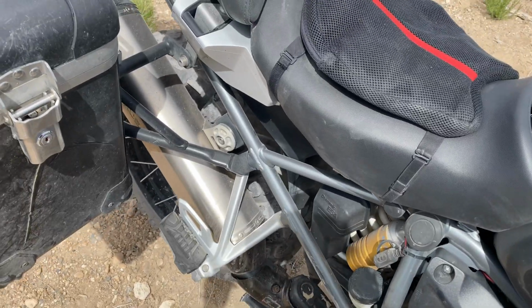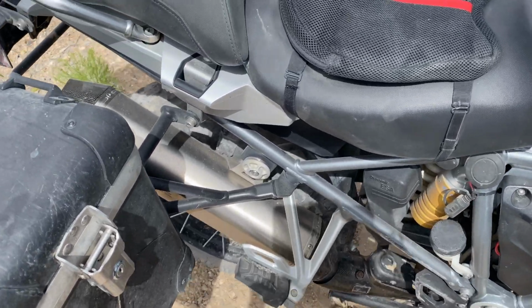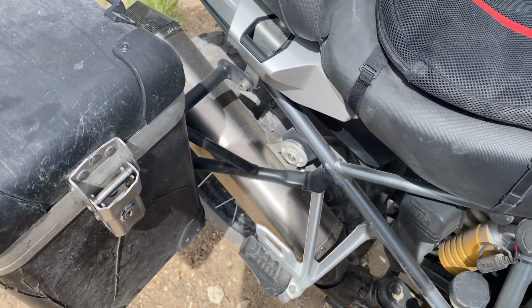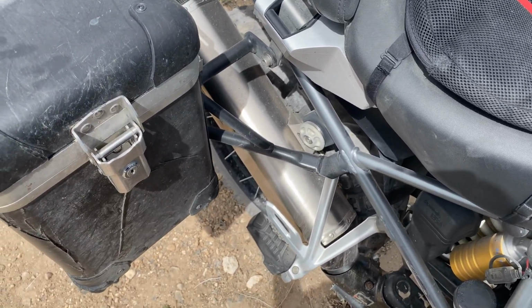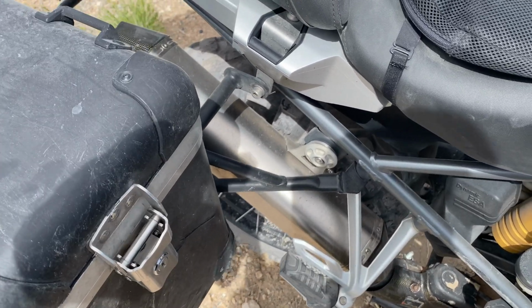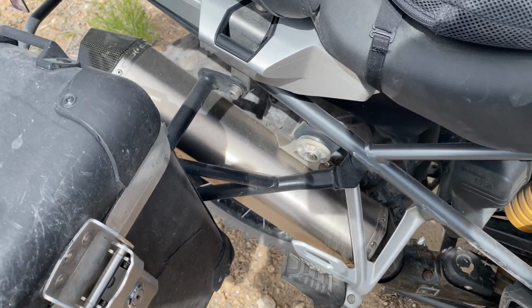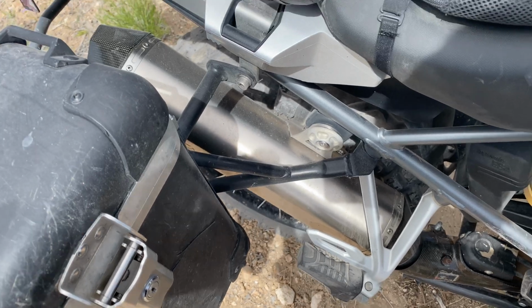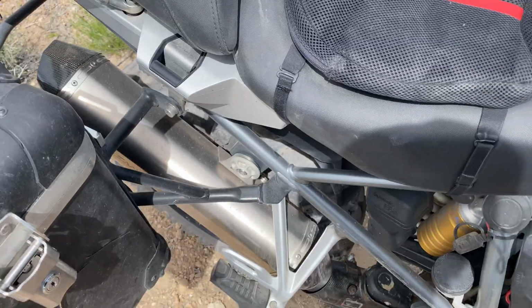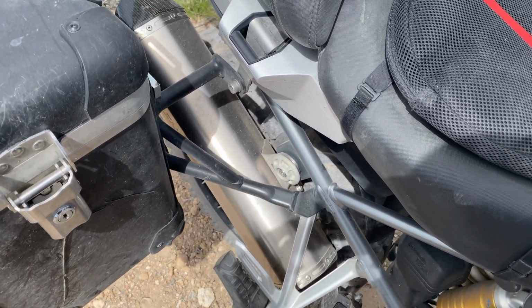And the question is, do you need an aftermarket exhaust? No. Would I recommend an aftermarket exhaust? No. Even though I have one, I wouldn't recommend it, because it's just not good for touring. It doesn't do anything really except maybe a couple horsepower, but nothing significant. It's just loud. It doesn't do much. So it's $1,000. Is it worth it? No. Sounds kind of dumb, because I did it and I'm saying not to do it, but from experience, learn from me. It's not worth it, really. But this Remus exhaust is good. I did a whole video on that. I'll put a link in the...